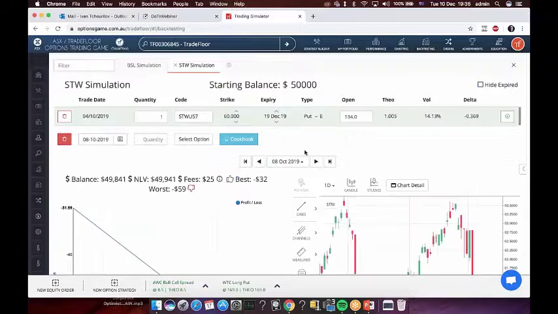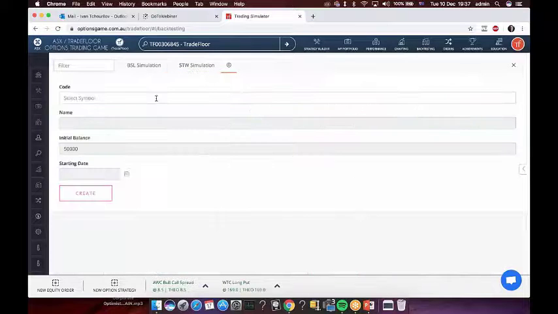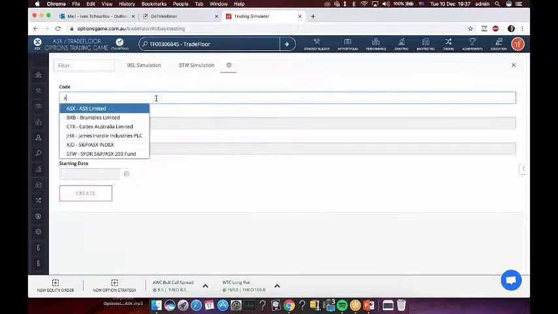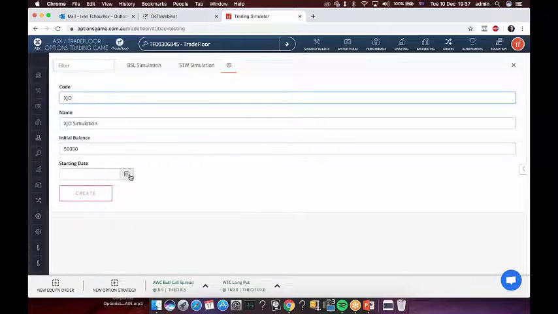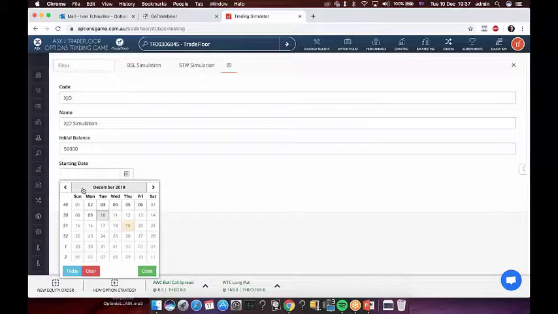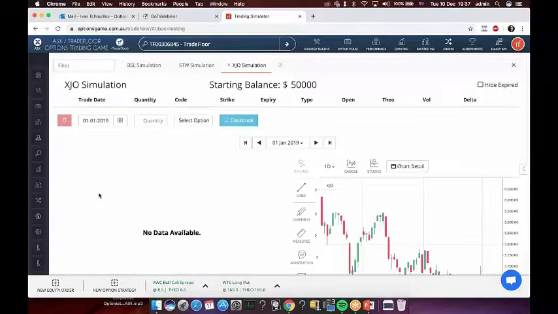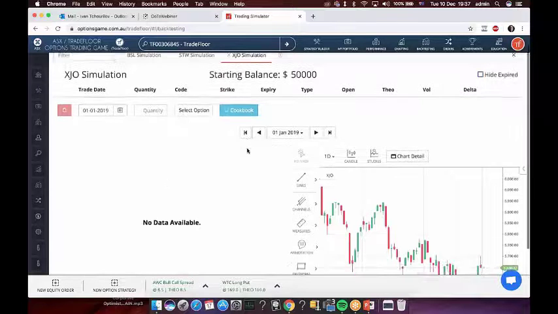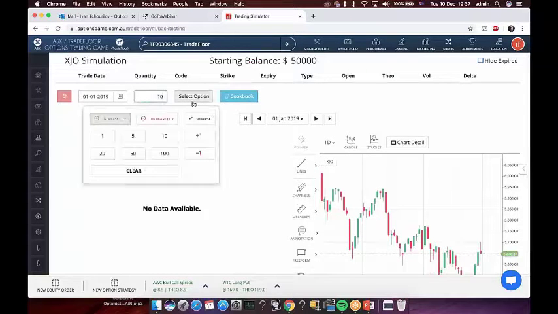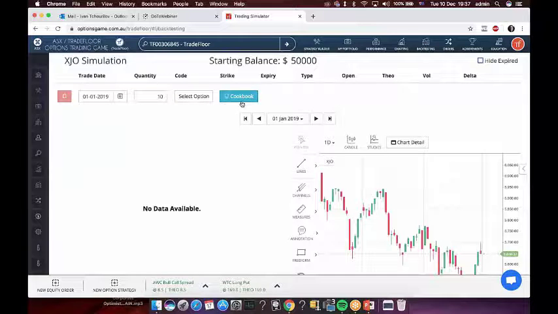So for example, if you're looking at a neutral strategy and you want to compare, I'm just going to add XJO, for example. I just typed in XJO, and I'm going to pick a time, call it January 2019 there. And then from here, you can see, for example, what the impact would be if we went and picked, oh,